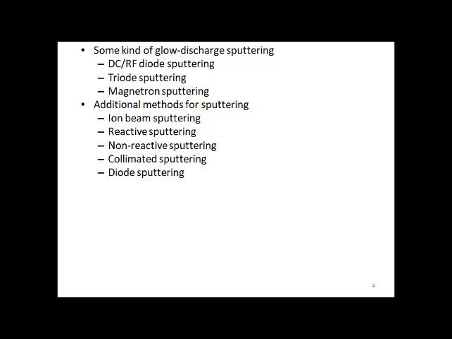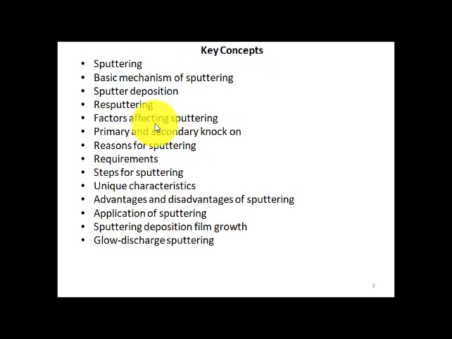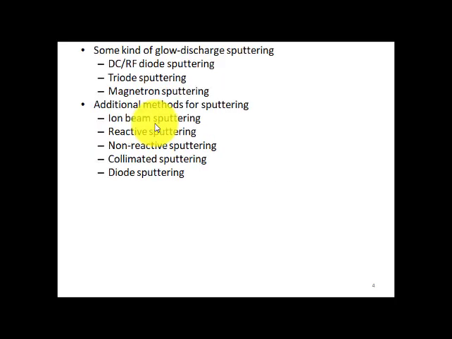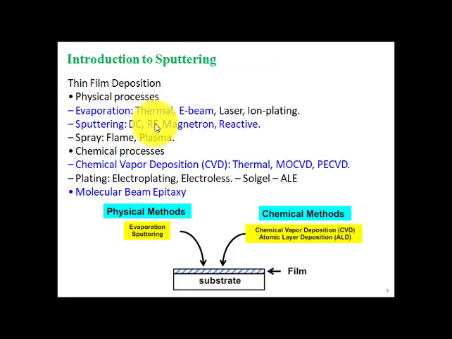We will also discuss additional methods of sputtering like ion beam sputtering, reactive sputtering, non-reactive sputtering, collimated sputtering, and diode sputtering. However, in this lecture, we will discuss the basic mechanism of sputtering, introduction of sputtering. Starting from introduction of sputtering,